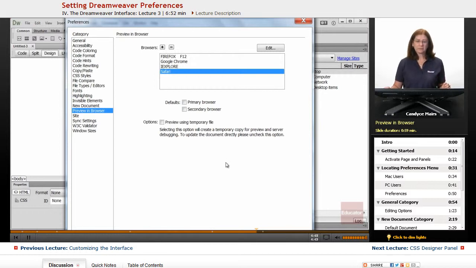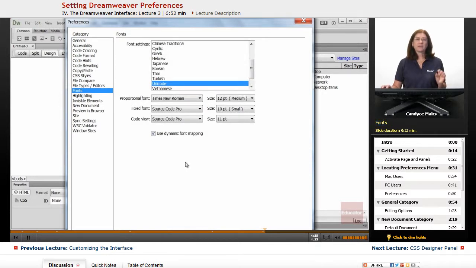There is one other one that I think you'll find helpful, although we're not technically getting too much into code, and that is within the Fonts area. Now let me point something out. This is new to Dreamweaver CC, or the Creative Cloud version. In Code View, there is a new font that's available. So you can see Times New Roman is listed up here. But in Code View, we're moving into Source Code Pro. And I think you'll find this is a much easier font to be able to work with within Code View,